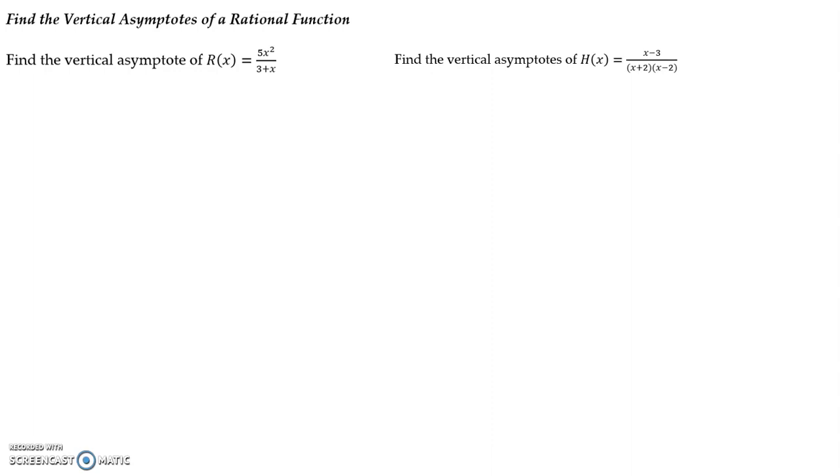Let's take a look at vertical asymptotes of rational functions. We're going to be spending a lot of time talking about asymptotes, and those are going to be lines where our graph is going to be approaching the asymptote, and a lot of times it's not going to cross or touch the asymptote itself. We will talk about a couple special cases where the graph is allowed to cross through